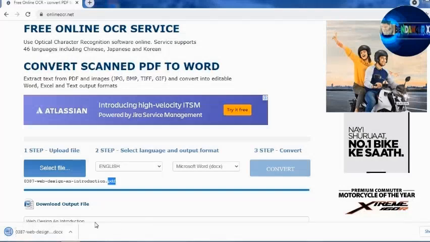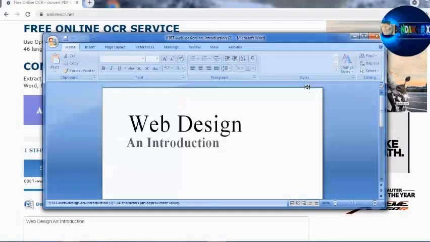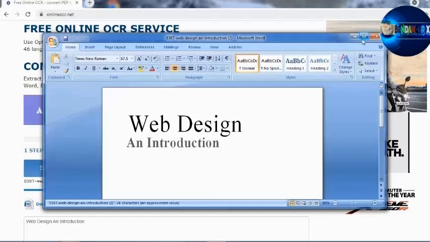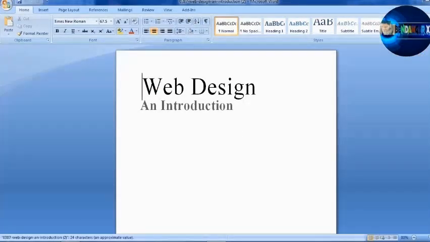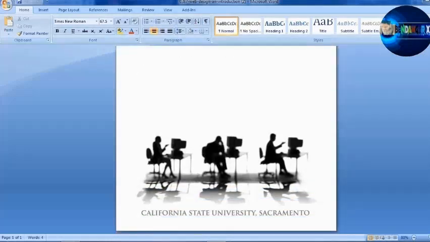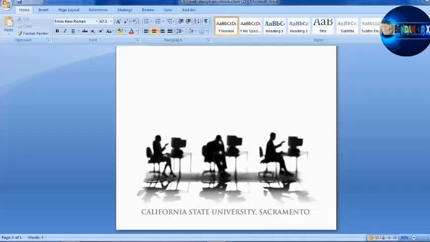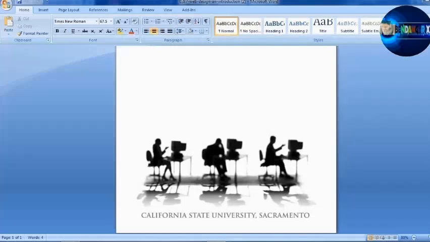You need to wait for some time. Once the download is complete, you can just open it up from here. Okay, so that's how you can convert the PDF file to Word.